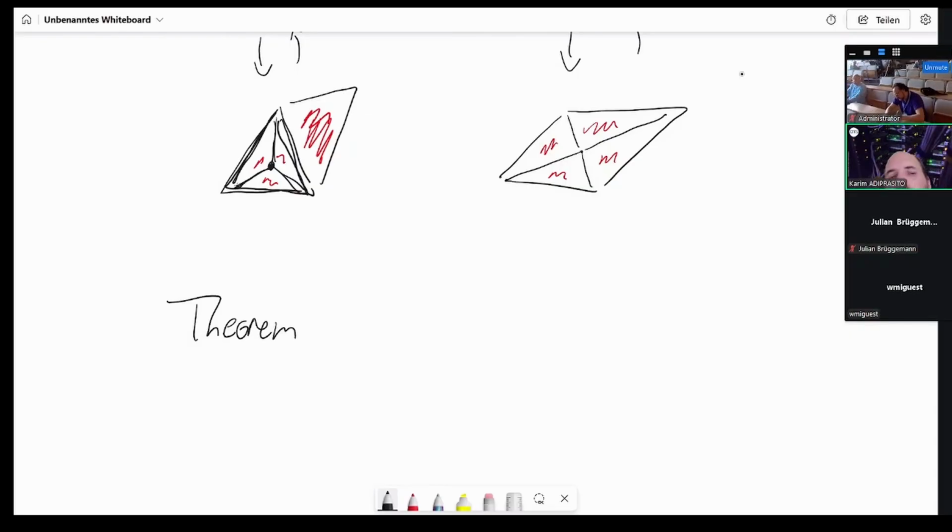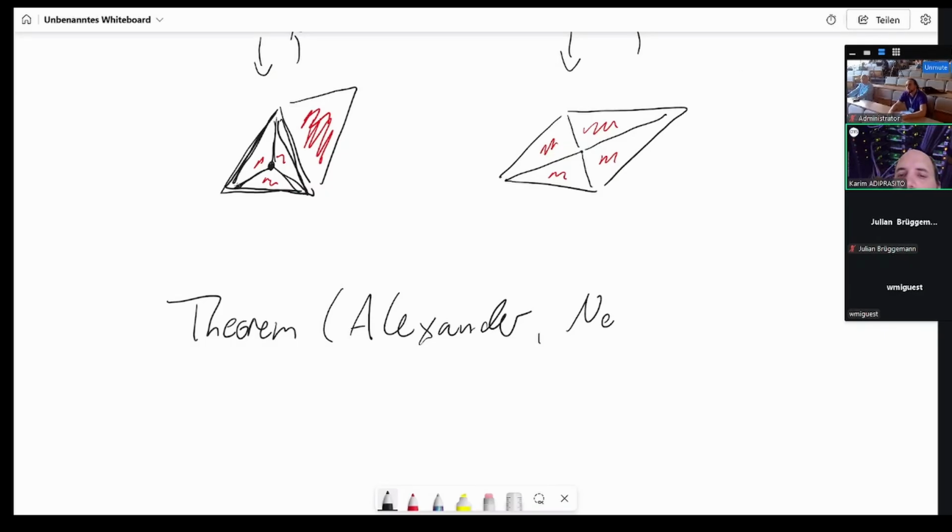birth of PL topology, and it is due to Alexander. But then I should say it's kind of rediscovered also by Newman. So it's around in this area when all the topology, these two tools of topology that we talk about this week, were born, is that if two spaces, two polyhedral